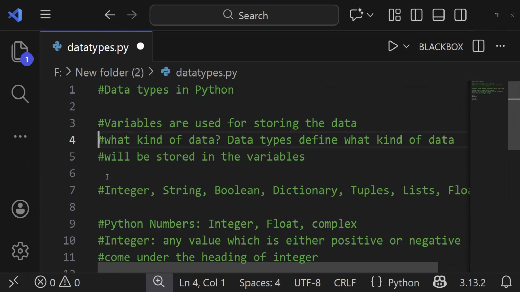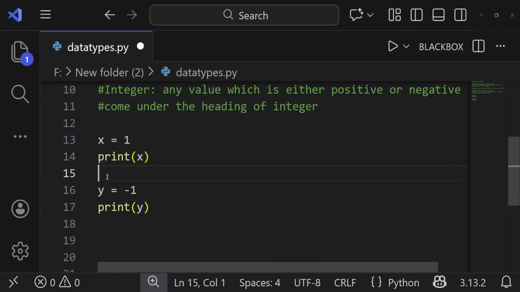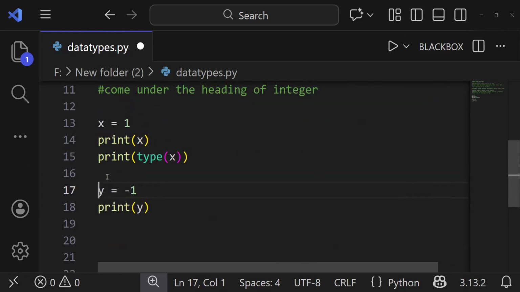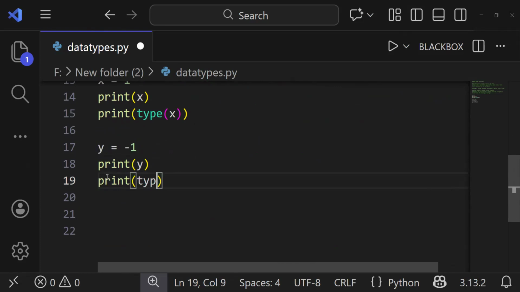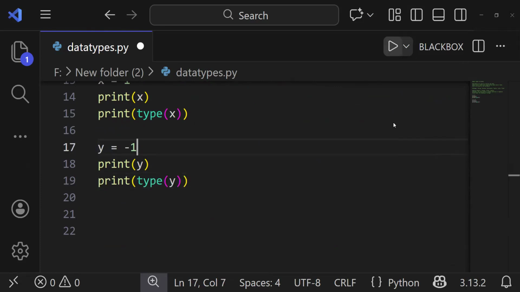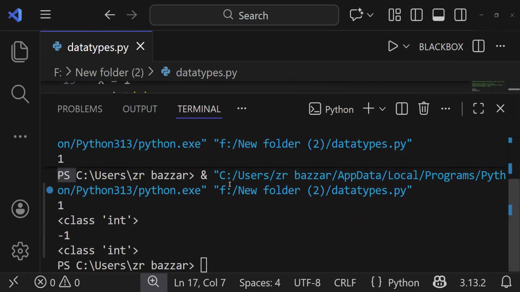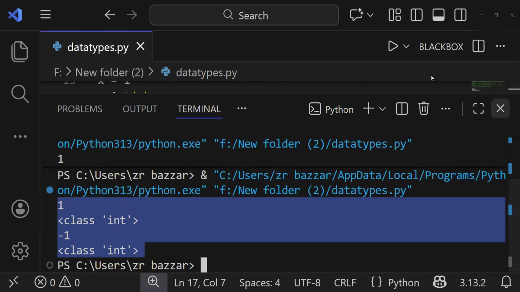All right. And how do we know if it is integer data type or not? We'll simply write print type x and print type y. And that's it. And here you can have a look at class integer. That's it. Now we're going to move towards the next data type,